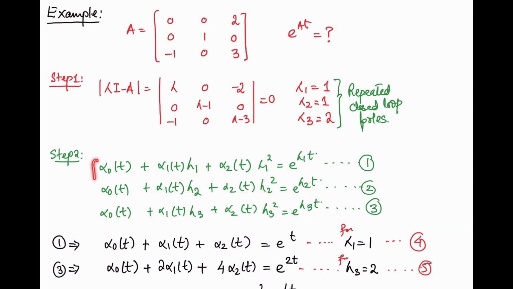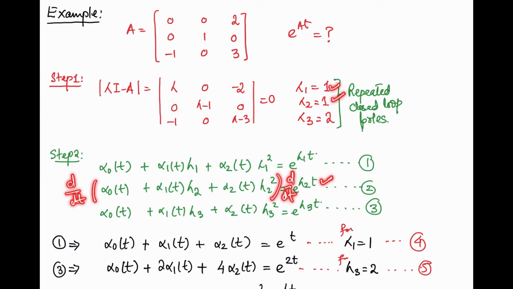So we have these three equations, but now we know that there are repeated poles. So this equation and this equation will be the same. So first of all we will only be using equation 1, and for the repeated pole, what we do is we take the derivative of the equation on both sides, and then we set up another equation because we have the repeated poles.